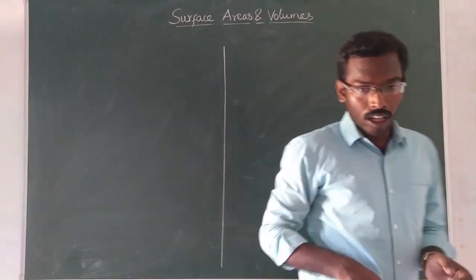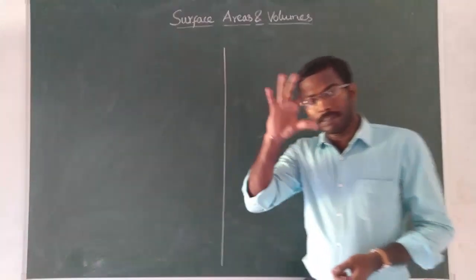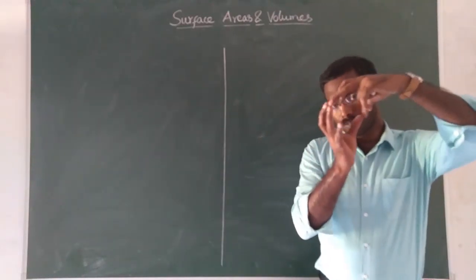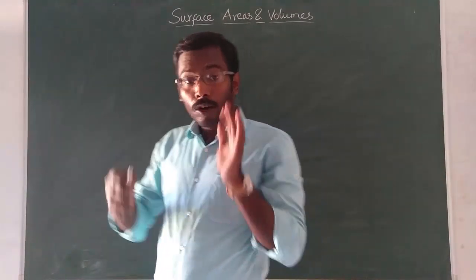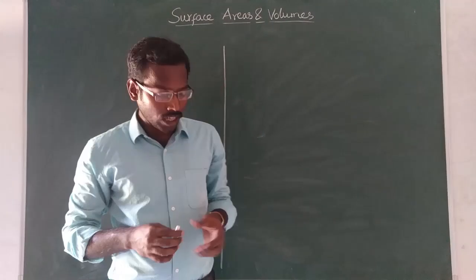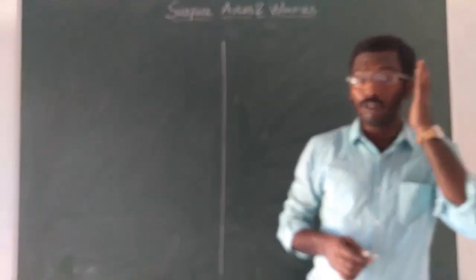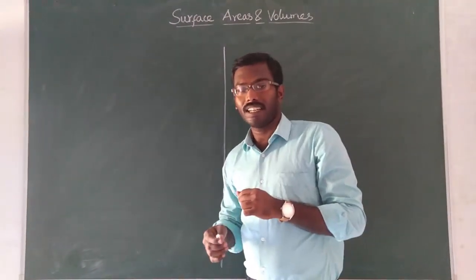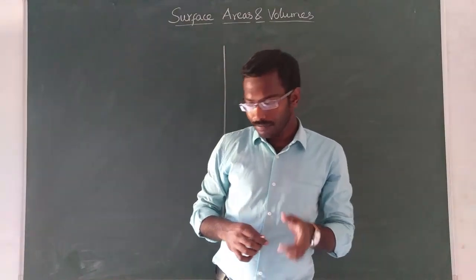For example, in a single object, a hemispherical structure is also there, and a cone is mounted on the hemisphere. Understood? We are going to deal with combination of solid shapes. Anyway, it's going to be easy only, don't worry. We will directly enter the exercise. I think it is better if you go directly to an exercise sum.